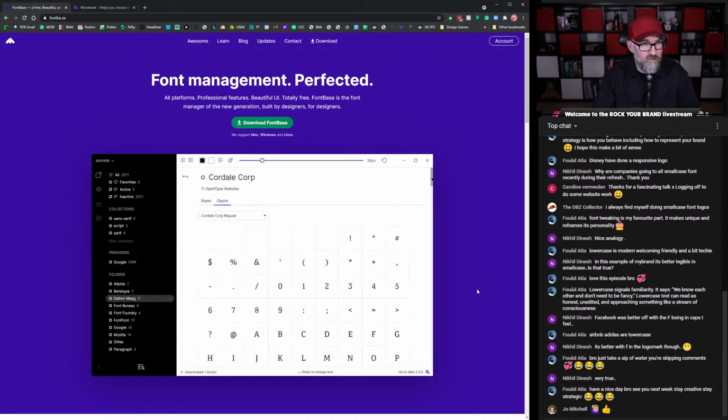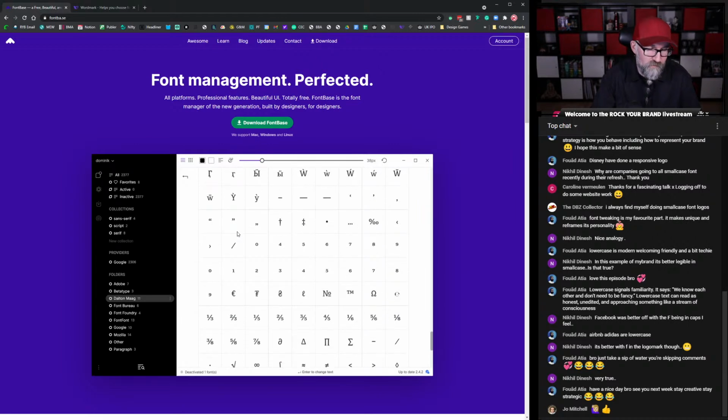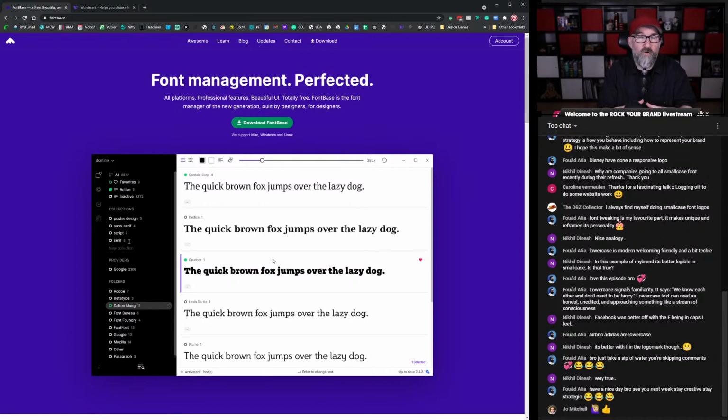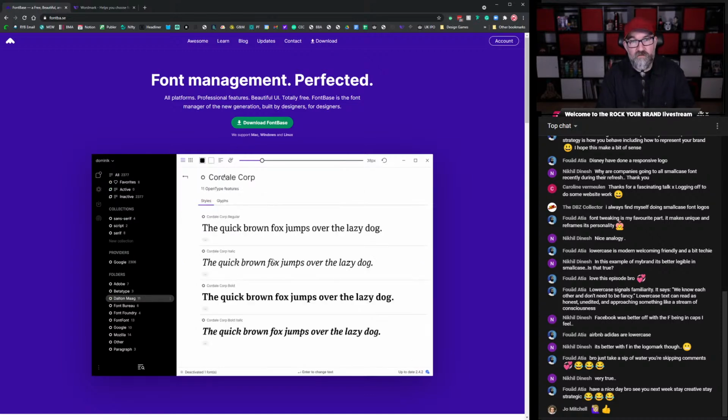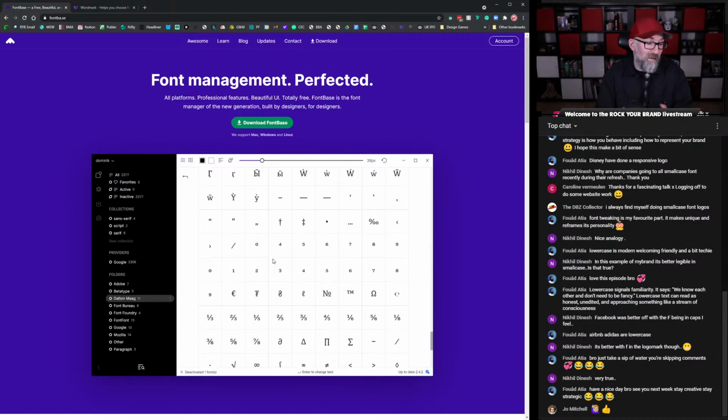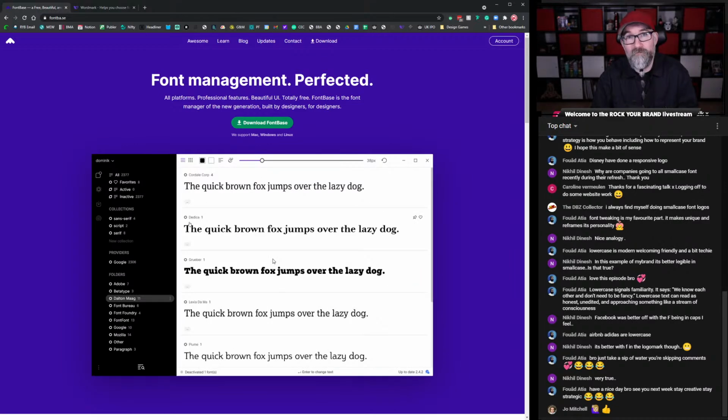I personally use Fontbase, which lets me see all of the fonts on my system, but they're not all active. The downside of the way I just showed you, where you're flicking through all of your fonts, is that those fonts all have to be active on your system. And if you've got thousands and thousands of fonts like me, that's just going to slow your system down, especially for those of you who work on laptops.